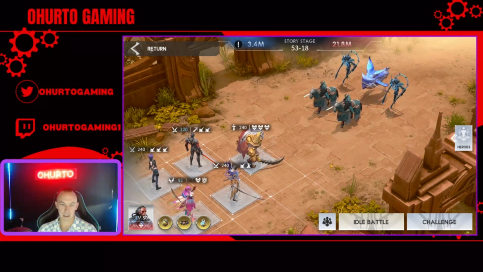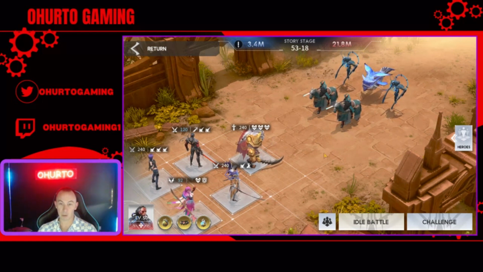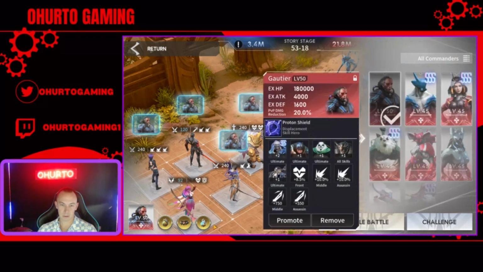The next part is we've got Dominic and Rickard and the new Matoko. I always forget how to say her name in here. And then we've obviously got Fiona. So the way this team works is that everyone apart from Fiona will end up on the enemy's side of the board, and what that will allow is that she'll chuck a shield on everybody. On top of that as well, with Gautier,